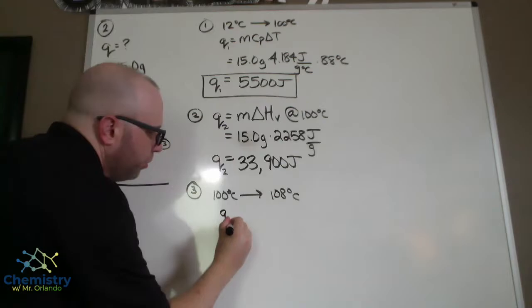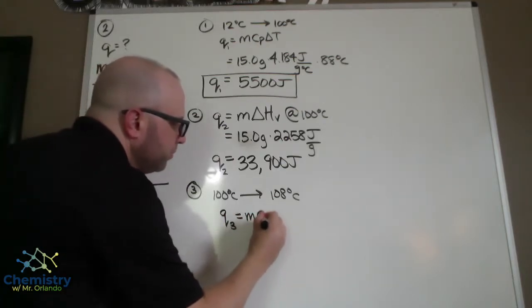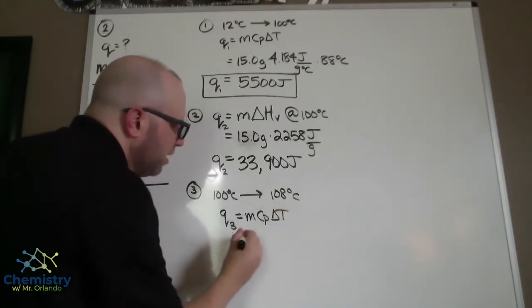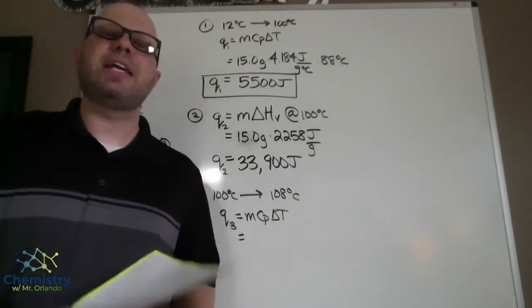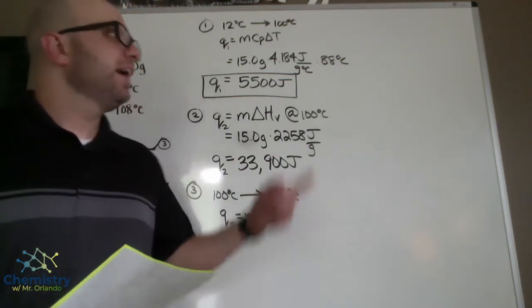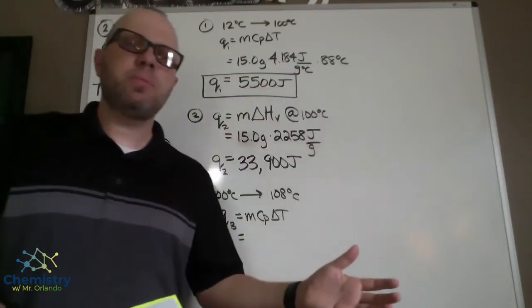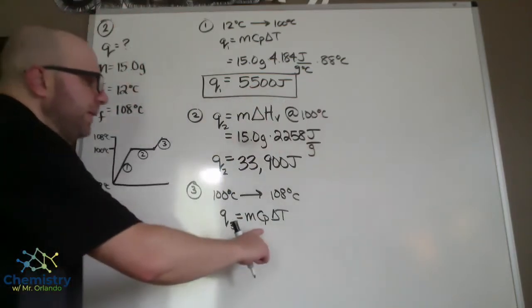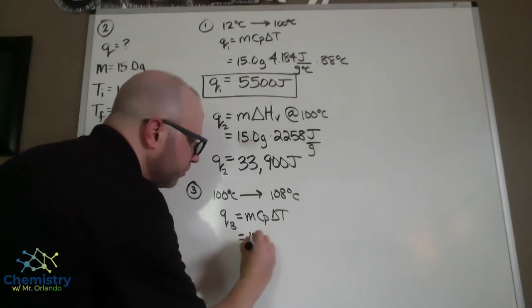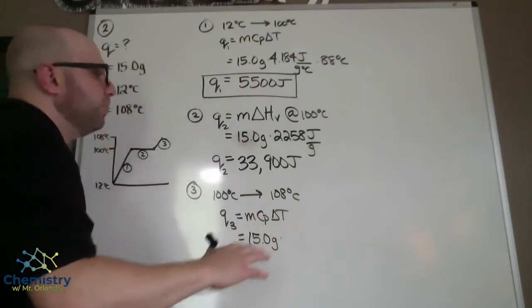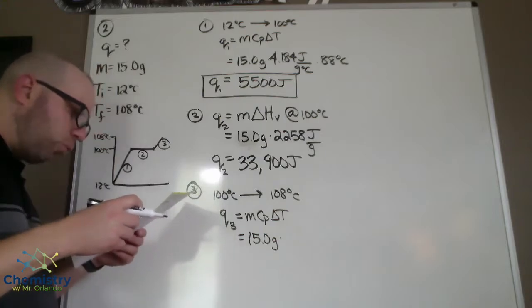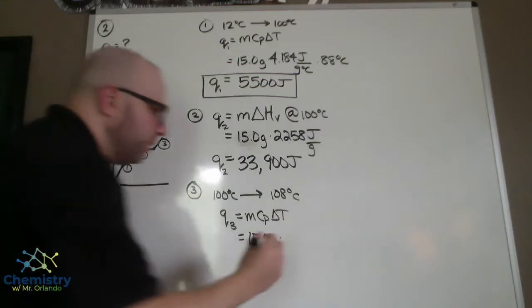So Q3 is going to be mCp delta T, but because it doesn't require the same amount of energy to separate gas molecules from each other as it does to separate liquid water molecules from each other, the Cp constant is going to be slightly different. So we have 15 grams, that part's consistent throughout the entire problem. The Cp for water as a gas is 2.01